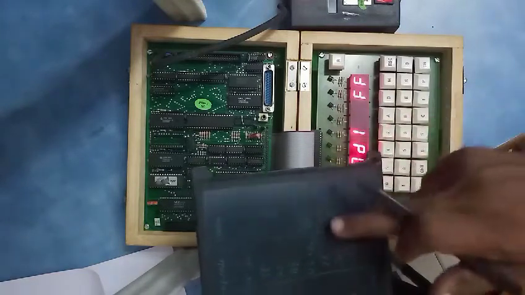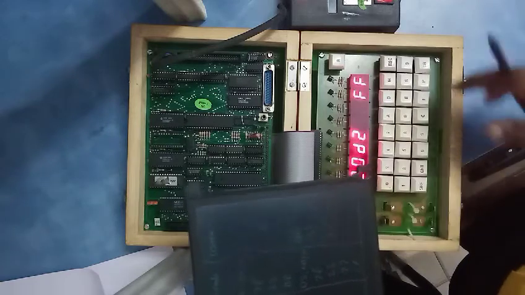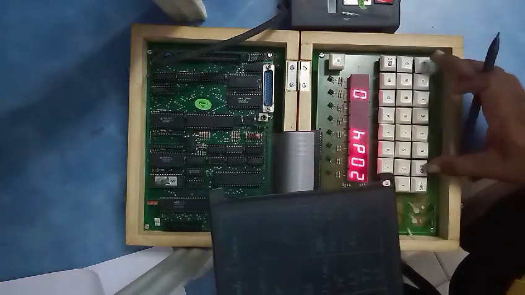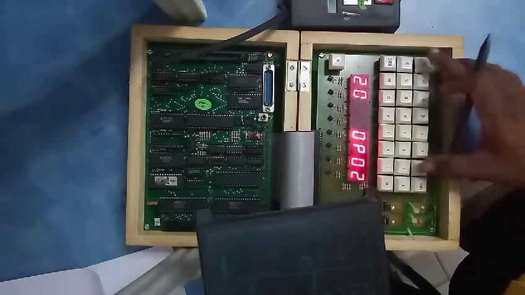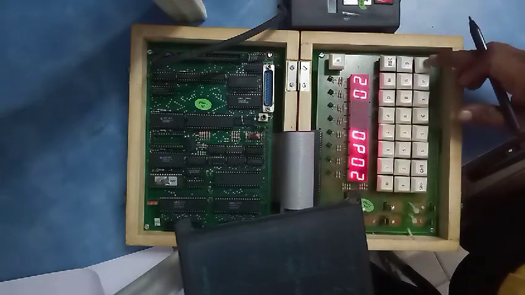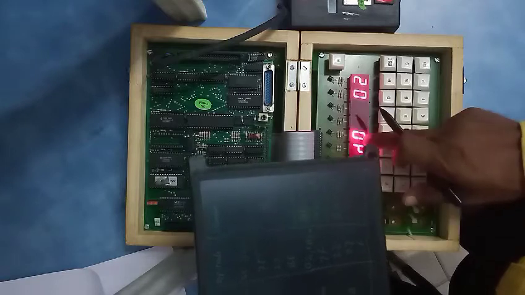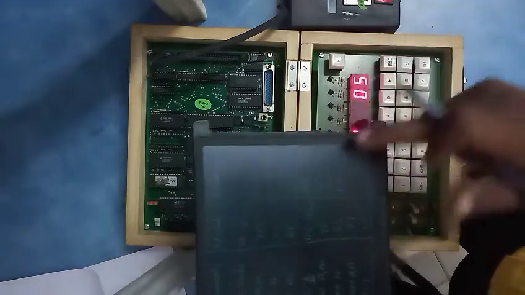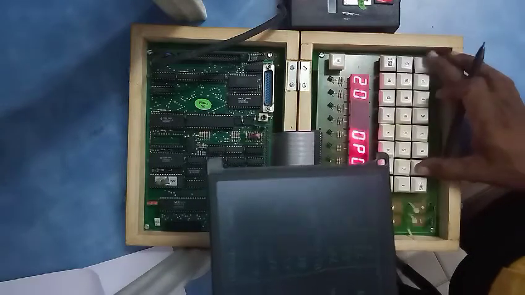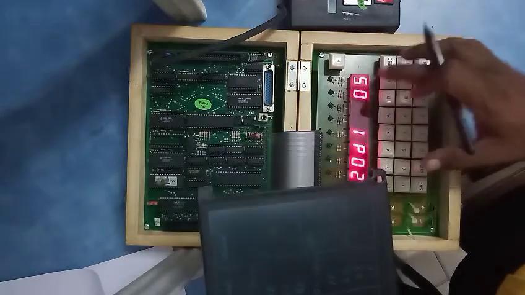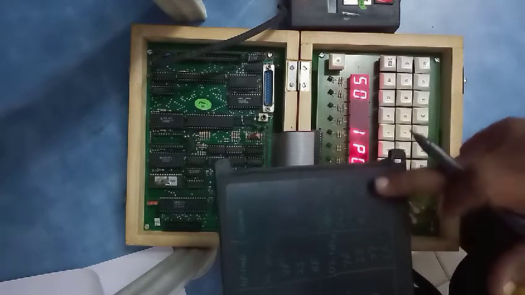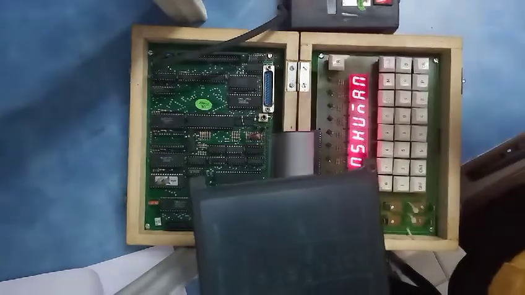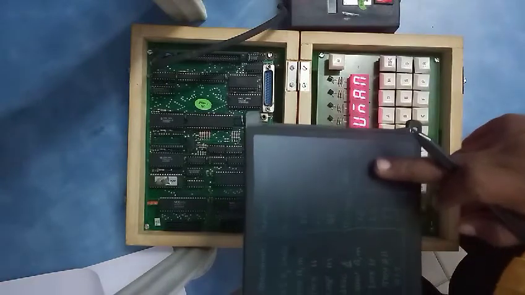Then in 20D1 I have written 05, and the rest of the locations you make 0 so that you will understand. You see here whatever we have entered, whether it is correct or not. 02 is the first number at address 20D0. Then in the second address we have written the number 05. Out of this 02 and 05, the 5 will be the result which will be stored in the accumulator. So just reset the button. Now we don't require this 20D0.